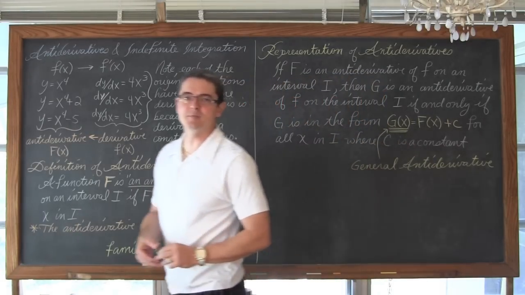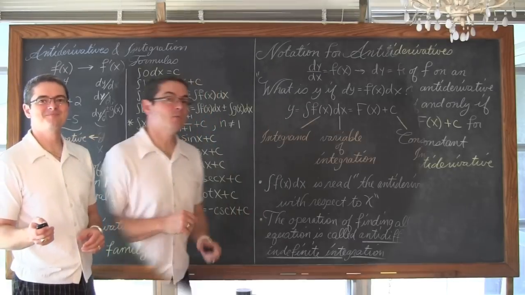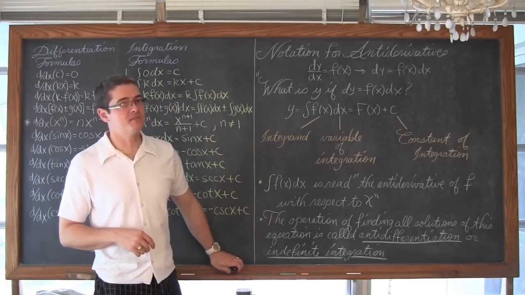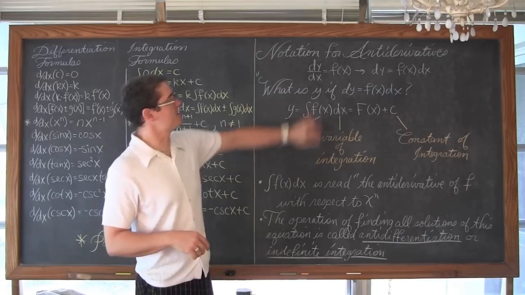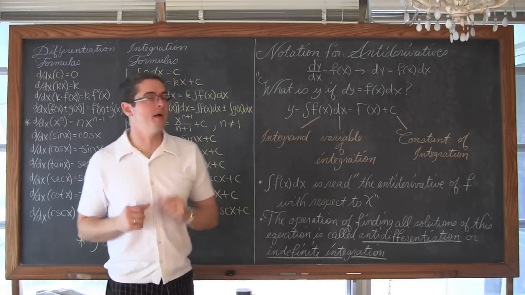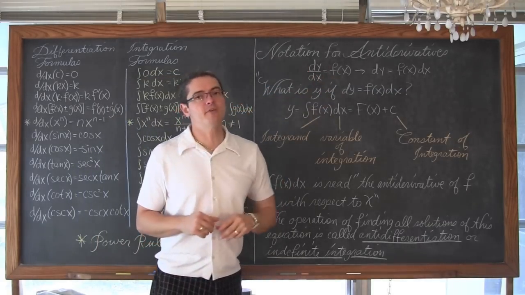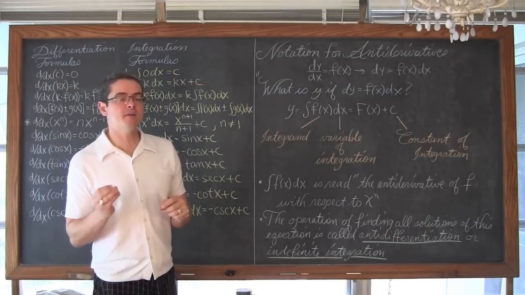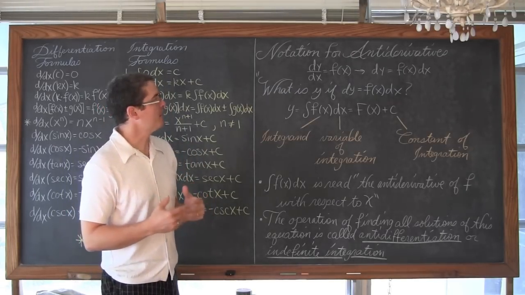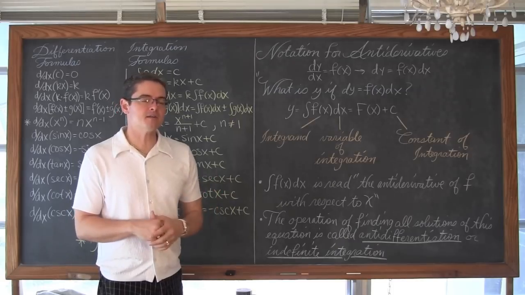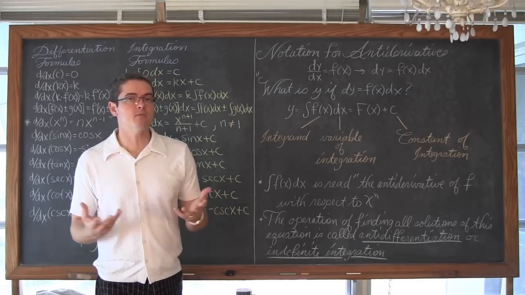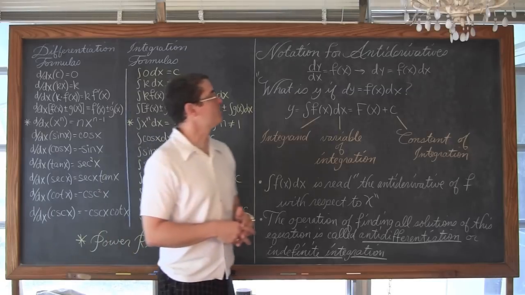Let's get to that next page of notes. Here we have the notation for antiderivatives. dy over dx, the derivative of y with respect to x, is equal to f of x. That lowercase f, again indicating a derivative, instead of the f prime of x, because I'm using the notation that was in our definition of antiderivatives.